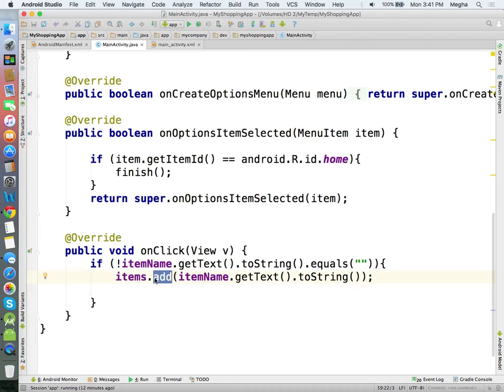Whatever the user has entered, when you hit the add button, it will add the particular entry to your array list.